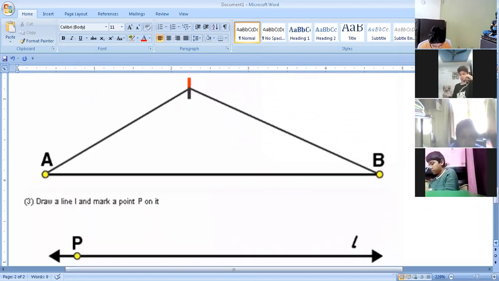Then again draw a line L and mark point P on it. Take a ruler in your hand, draw any measurement line and mark it as L and mark point P on it.